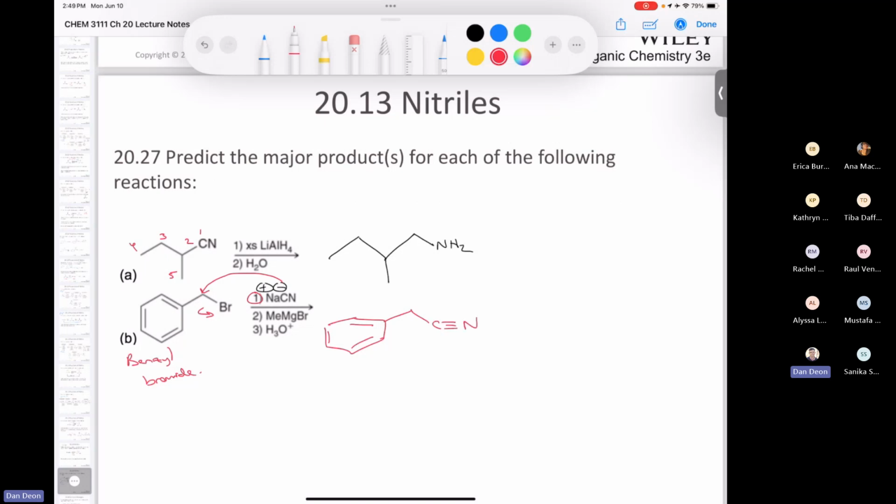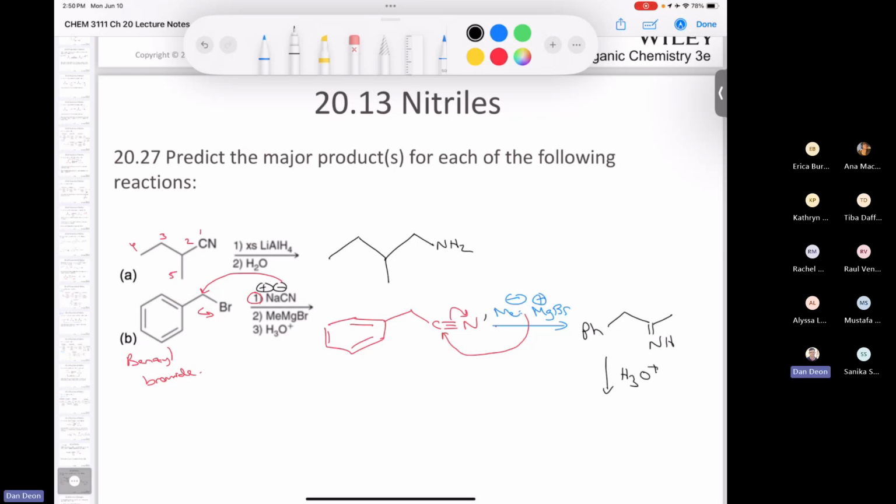So if I draw this out explicitly, in the next step, you're treating it with methyl magnesium bromide, which is our Grignard. That's going to do a nucleophilic attack like this, and that is going to give us this intermediate. So let me just draw it like this, okay, where we're going to have our negative charge like this, and there's our methyl group. And then you know that after proton transfer, we're going to convert that to the Schiff base or the imine, okay, and then it's going to get hydrolyzed